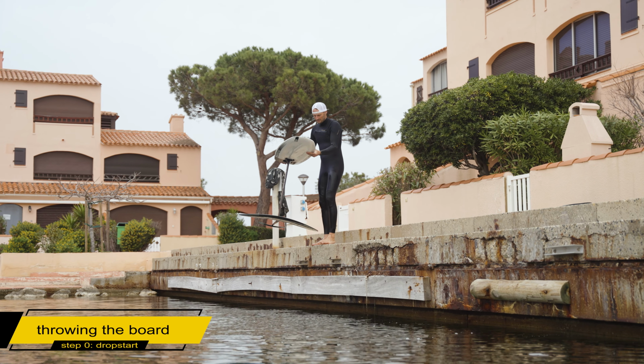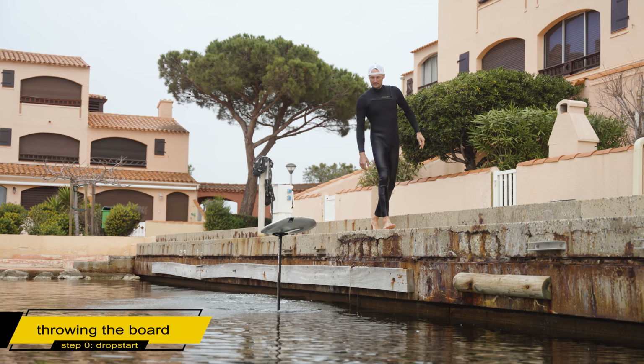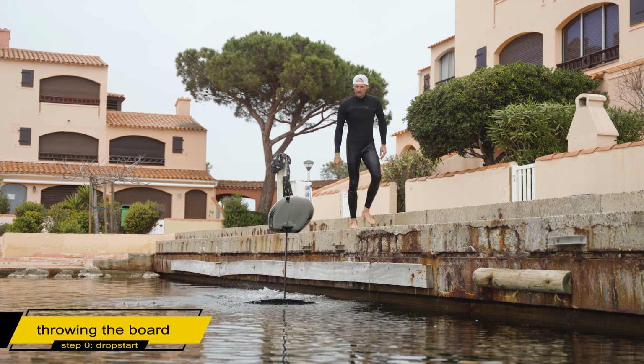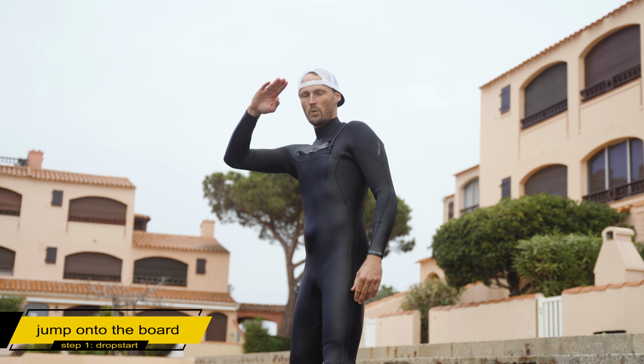Stand in your starting position, holding the foil board in your hands horizontally over the water, slightly behind you, and throw it into the water. You'll notice that once the hydrofoil hits the water, it will naturally stabilize the whole board. Now jump onto the board without a run-up, trying to land and balance so that you sink down while standing